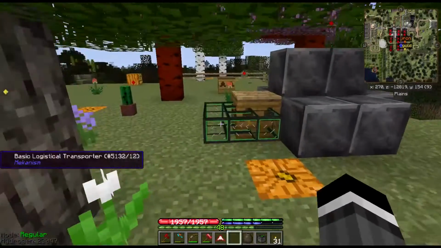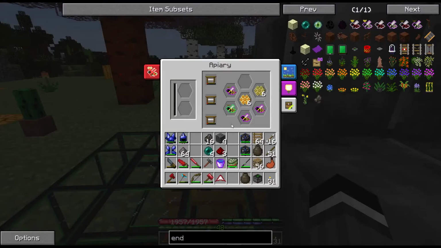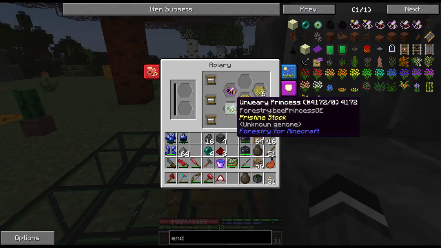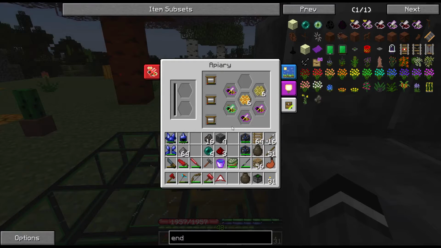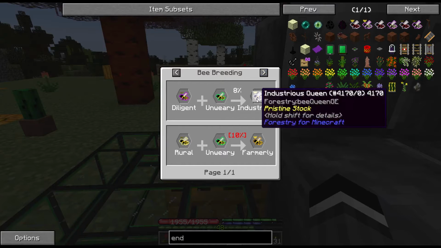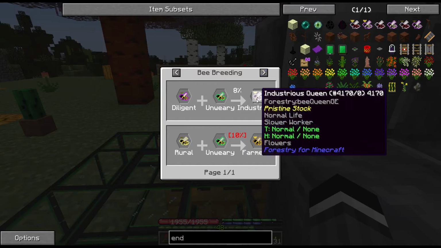Alright, this one I've been trying, kind of working on it actually for a long time. Oh, nice. I've turned off its automation so we can actually go through a little bit and try to get the right stuff. So if I do unweary plus diligent, and this is the first time I've had an unweary princess, by the way. Unweary plus diligent should get us to industrious, and that is the top of the line in